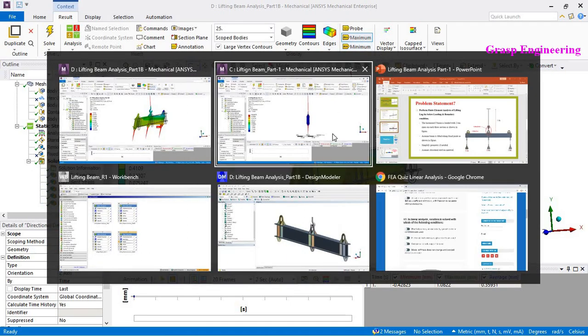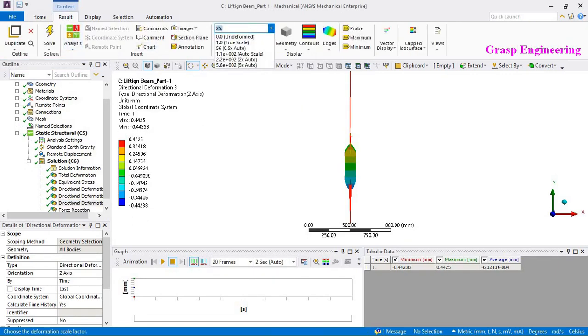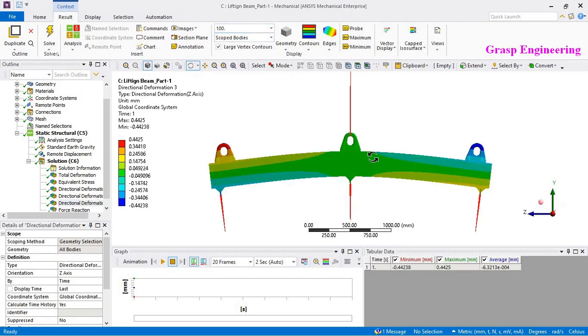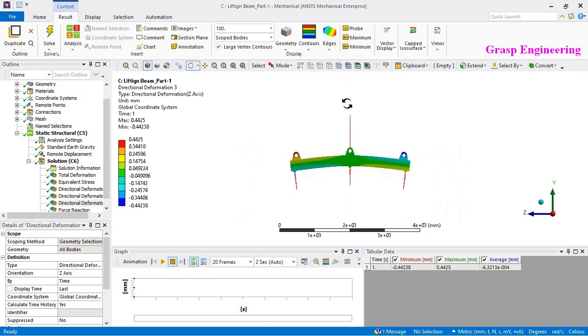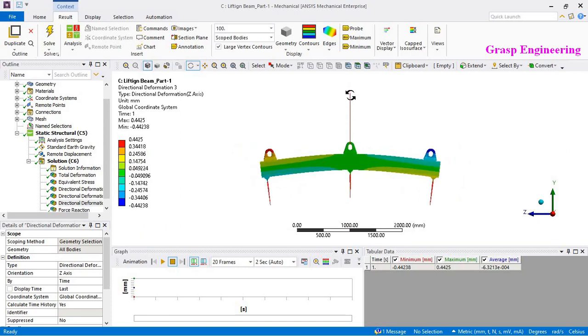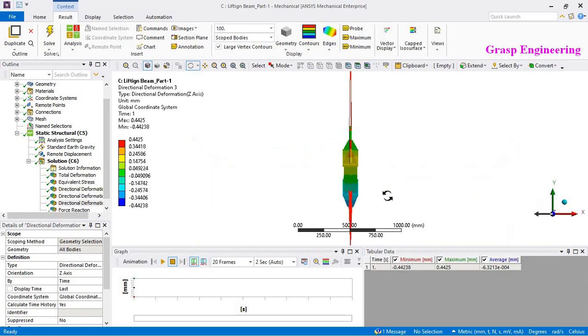Now let's go to our this. So here there is no increase in deformation levels, though we are putting that. This is because here we have fixed, we have created the remote rigid points, the connection between your building and your lifting eye. So that's why you will find that there is no lateral deformation. So it is simply going downward.